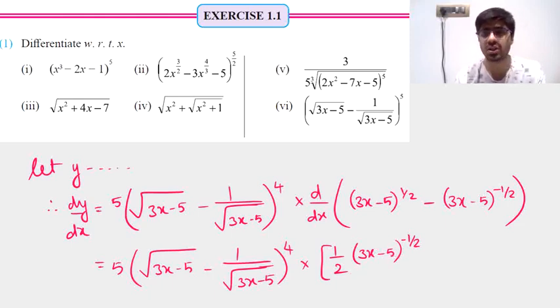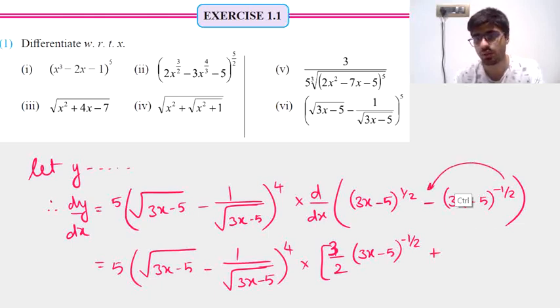So you need to further multiply with the derivative of 3x minus 5. I'm not writing it separately. We all know that's going to be equal to 3, and that into 3 is something which I can write over here only. So we will have 3 by 2 and this entire thing, and further we continue with taking a derivative of this. Consider it as x power minus half. So the derivative will be, okay, minus half comes down and minus of minus makes it plus.